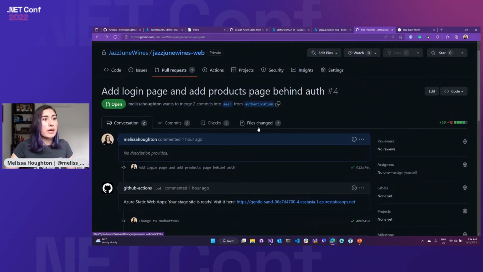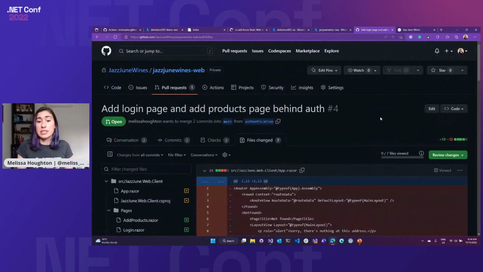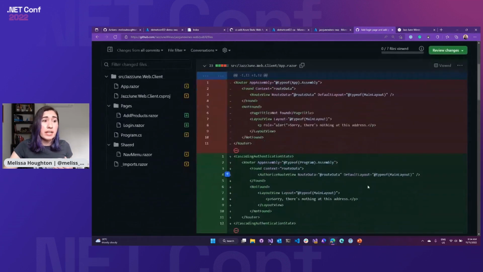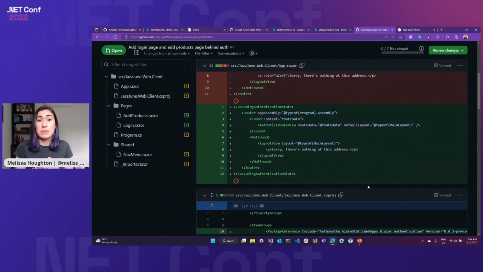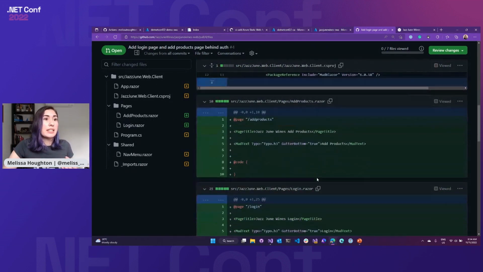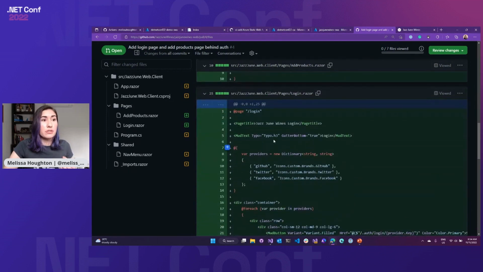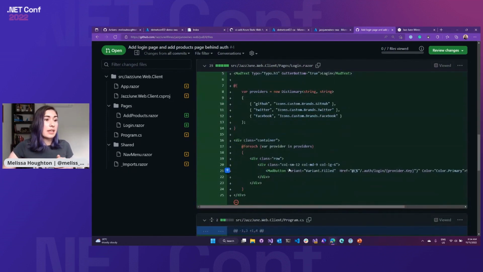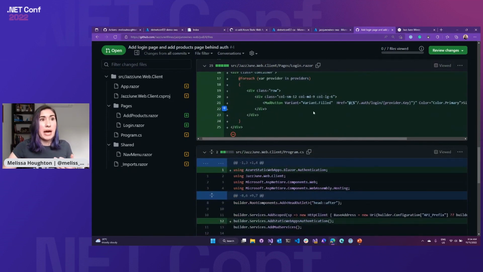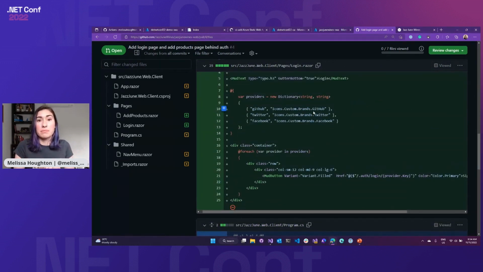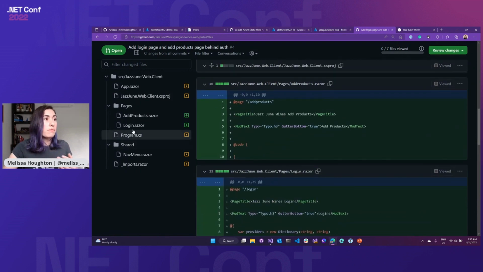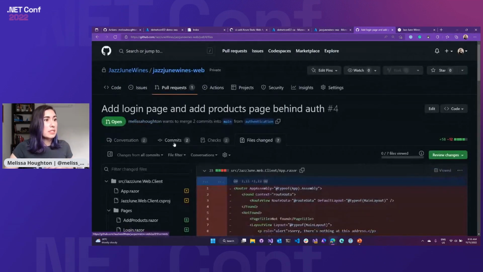The files that I've changed are more just to set up what it looks like on the front end, to add the authentication state within our Blazor WebAssembly. We've added in a page for the login buttons and just a package to help us do that. But the authentication is actually built in and ready for us from Azure Static Web Apps, and they use a system folder. So we'll see what that looks like.